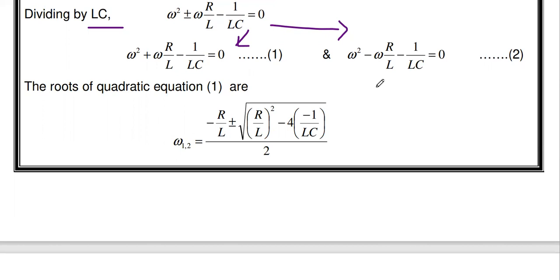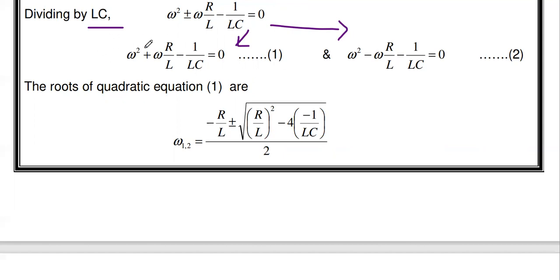Okay, so of these 4 roots, 2 roots are negative. We can neglect the negative roots, since here we are going to derive the frequency. The frequency value will not be negative; it will be positive only. So out of these 4 roots, the two negative roots we neglect. We have to take the two positive roots. Of these positive roots, one reaches the maximum value. It is the higher cutoff frequency. The other one is the lower cutoff frequency.